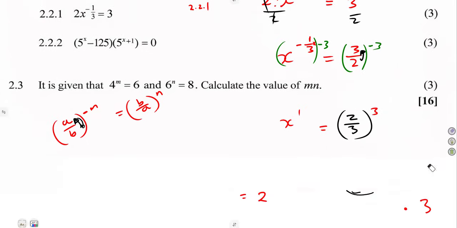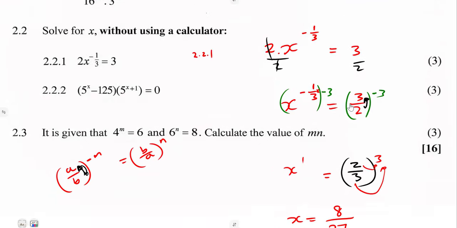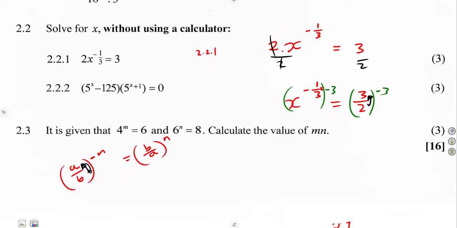So thus we can have our x value. That's 2 to the exponent of 3, which is 8, over 3 to the exponent of 3, which is what? 27. So you raise every term, every number inside the bracket, to the given exponent. It was just like that. Then let us move on to